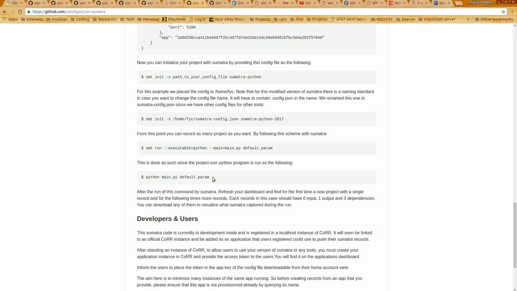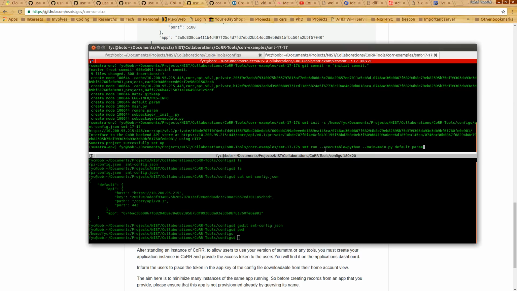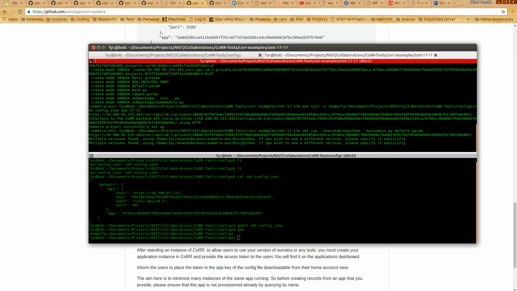Sumatra, as we said, is a software management tool. It will execute your simulation on your behalf and track everything that happened while it's being run. So instead of running it this way, you would prefix it and change the syntax a little bit this way. We would use this since it's adapted for the example, and paste it here. Basically, we ask Sumatra to execute python main.py with the input file default param, and then we run this. So it would start running,